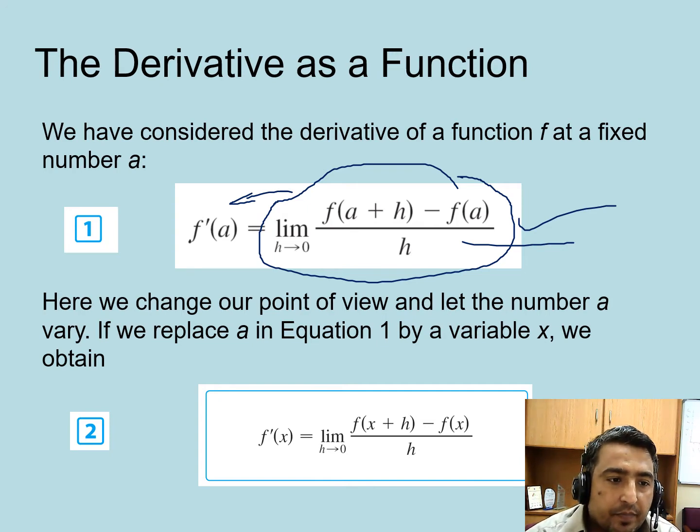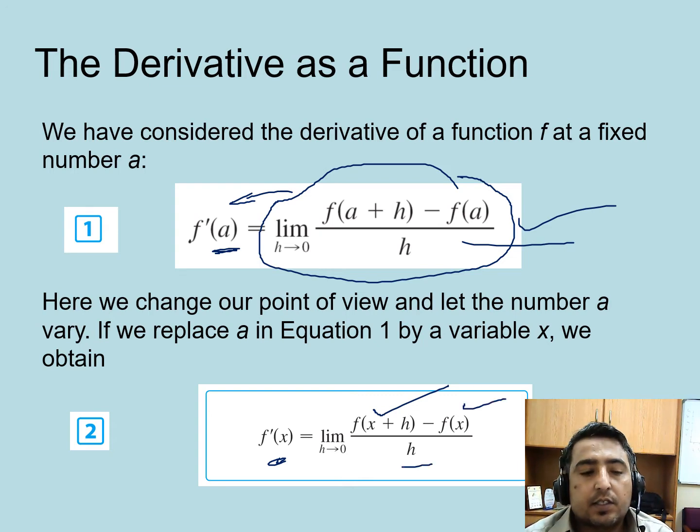In other words, this is at a particular point a, but for general x, you just give an increment in x, and then this quotient is that increment, and the limit is as h approaches 0. So instead of at a particular point, we can also have a derivative, a rate of change, for a complete curve f of x.